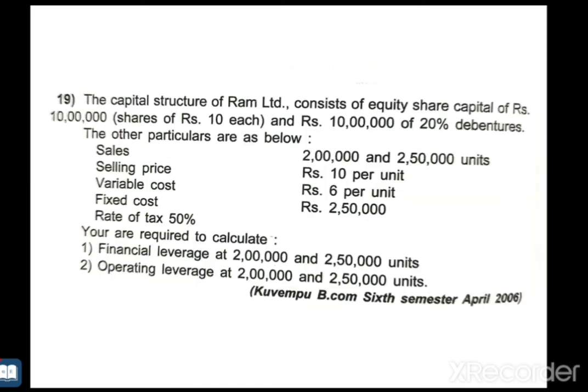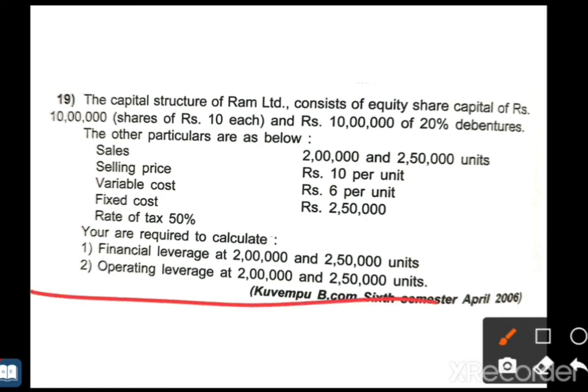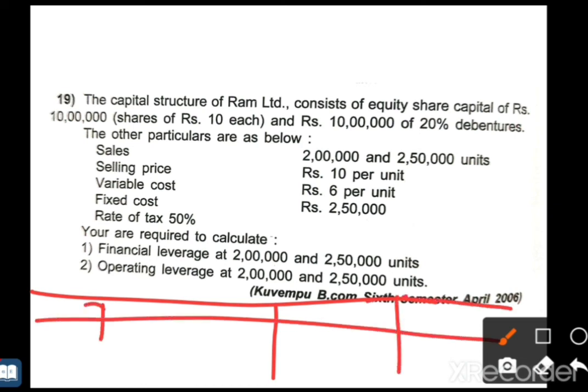And next, one more very important thing, you have to read the problem and work it out, because I will not give any information, because these types of problems we already studied and solved. But most important is the solution of this type of problem. See, they have given financial leverage is 2 lakh and 2 lakh 50, operating leverage is 2 lakh and 2 lakh 50. This information is very clear, but we have to prepare two columns here. Okay, see, column 1 is particulars, and column 2 is 2 lakh leverages, and column 3 is 2 lakh 50 leverages.